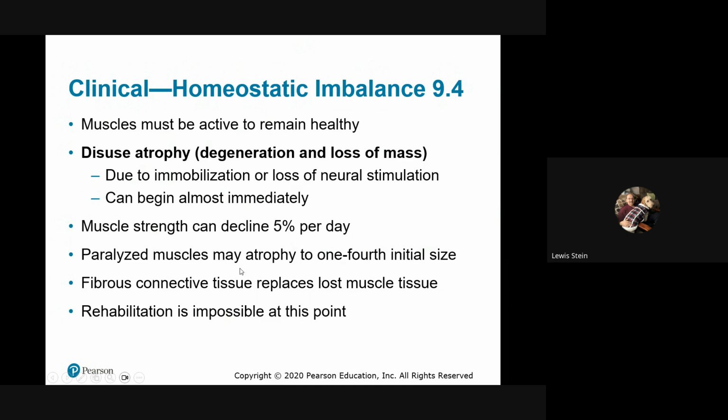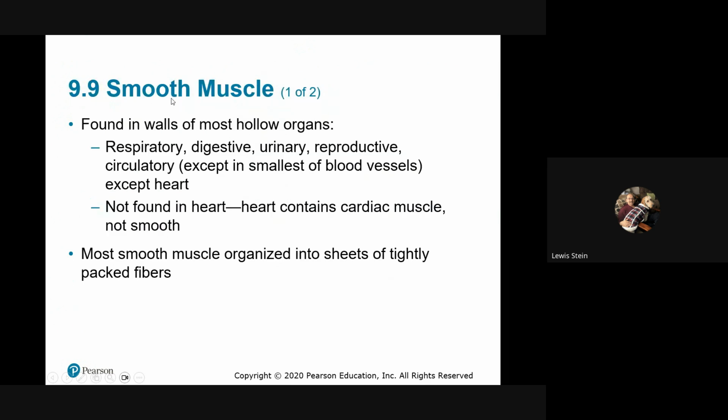With immobilization, young people tend to come back very, very quickly. But the problem is atrophy of disuse. If it's not used and rehabilitated appropriately, that lost muscle tissue is going to change over into fibrous connective tissue, and then it's not rehabilitatable. So depending on the fields that you may or may not be going into, be aware of that. If you're not going into a medical or clinical field and somebody in your orbit is injured, it would help to find out what their treatment is. It's hard with family members, but be aware that they're doing things properly.